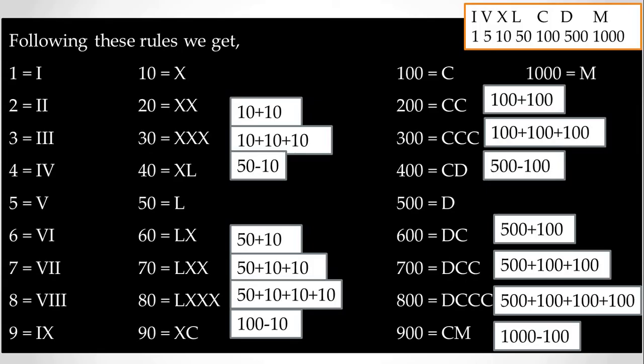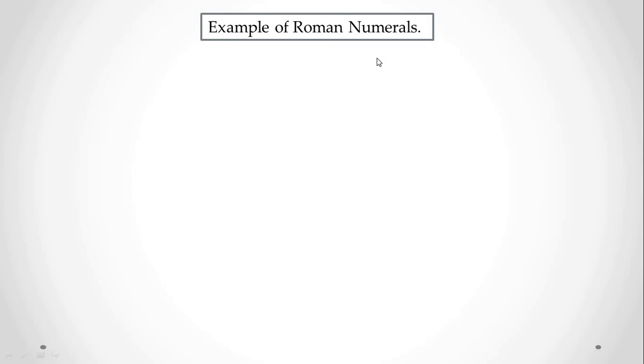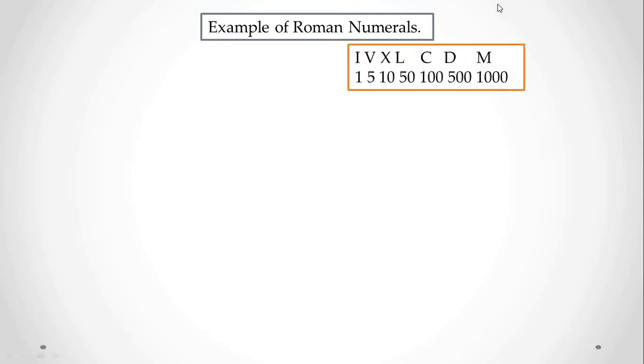So I will just go to the previous slide. Here you should remember this concept. Okay, I, V, X, L, C, D and M. Examples of Roman numbers. If you got this table, we can easily solve the examples. So this table I am just telling you, you should remember anyhow, otherwise you cannot solve the exercise.